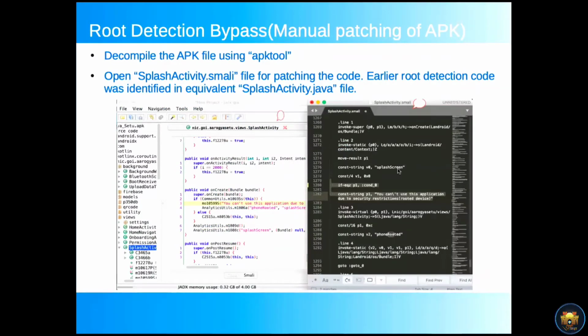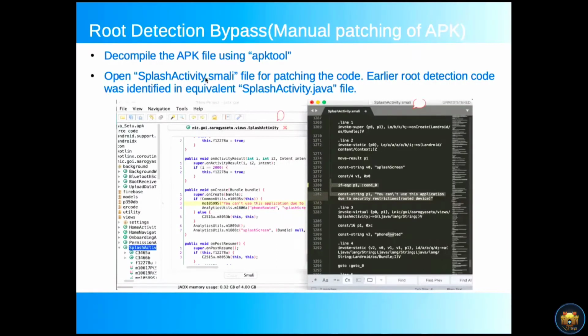So the next section is manually patching the APK file. For manual patching, first of all you have to decompile the APK file using APK tool. After that, in the previous section we saw there is a file, SplashActivity.kt. Actually the application is Kotlin.